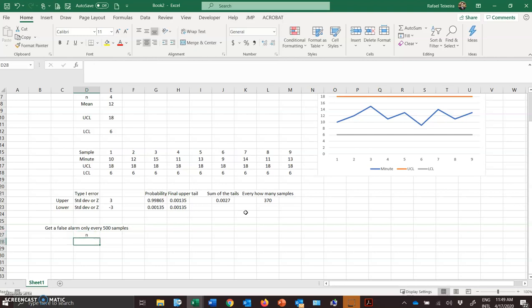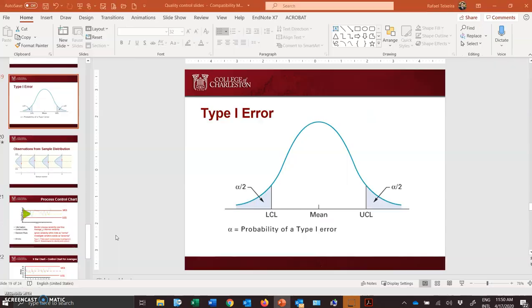So N is 500, and my P is going to be the probability of having 1 false alarm every 500. So the probability is 1 false alarm divided by 500 samples. This is 0.002. And if we go back to the normal distribution,